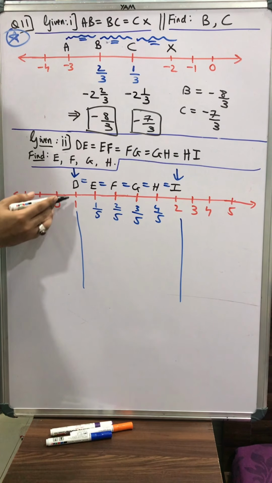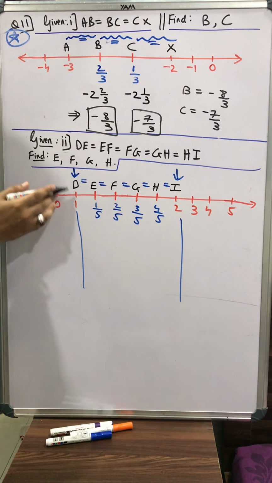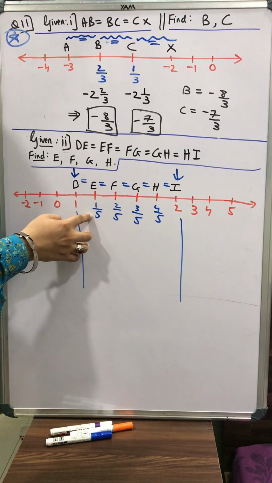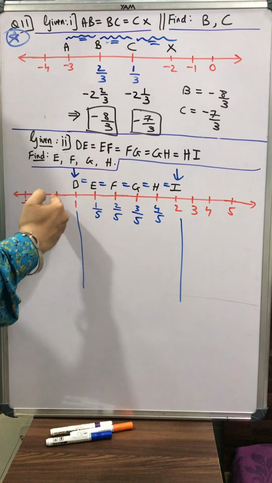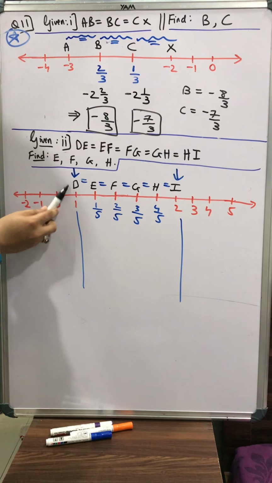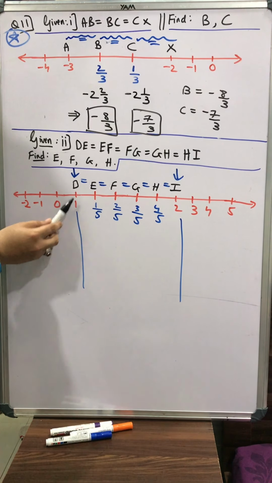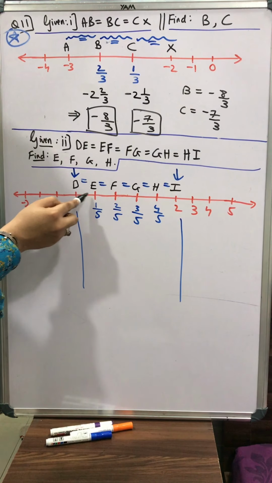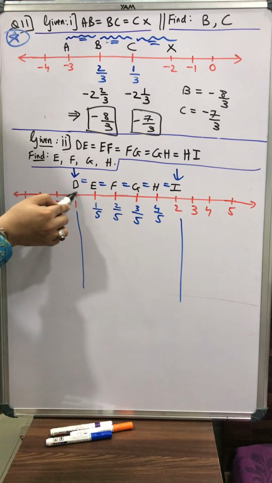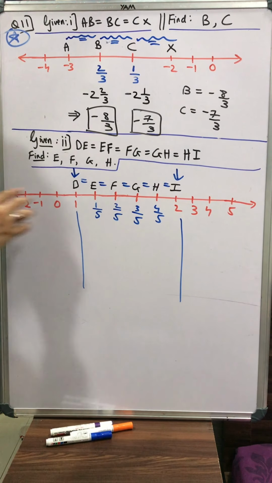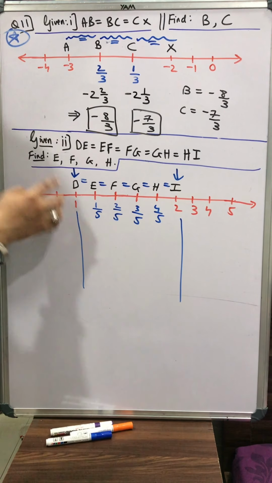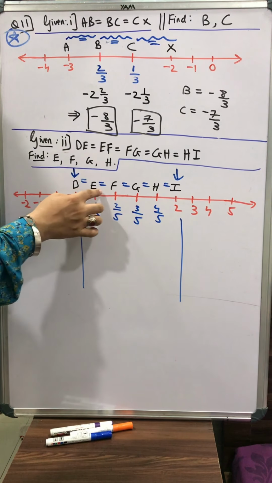No. See, D was 1. Value of D is 1. So how we reached E? We added extra 1 upon 5 to D. So we covered extra distance. This much extra distance we covered after D to reach till E. We were first at D, which is the value of D was 1. When we covered this much distance, how much distance we covered? We covered a distance of 1 upon 5. Then we reached till E. So can I say after adding 1 upon 5 to 1, then we reached till E. So after 1 we have to add extra 1 upon 5. Then only we can reach till E.